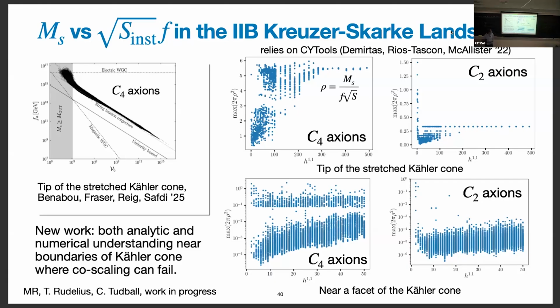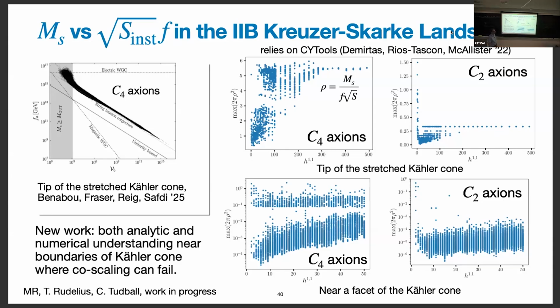S is supposed to be the action of the leading instanton. Yeah. Well, this is a little schematic. We actually checked a couple of different variations on how you might try to define exactly what we mean here, and the result seems pretty robust to different choices. But basically, you pick some direction in the space to be the axion direction you care about, and you look for the leading instanton that's contributing to that.